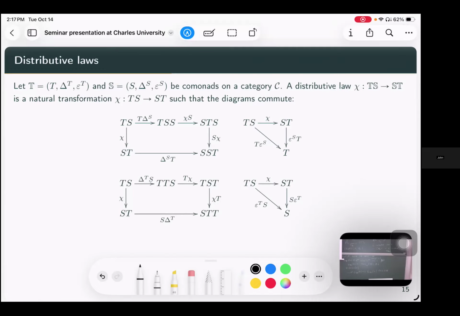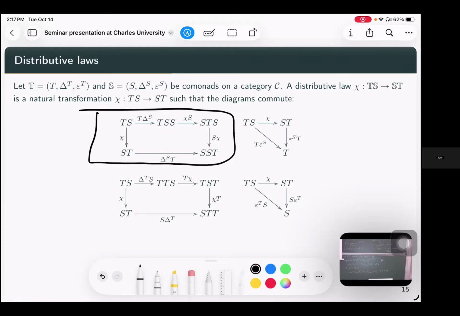And these diagrams must commute in order for us to call chi a distributive law. We can define it between monads, between comonads. We can also do this between monads and comonads. In that case, it's called a mixed distributive law. Okay, so here, with this very diagram, what we do is that we keep the T